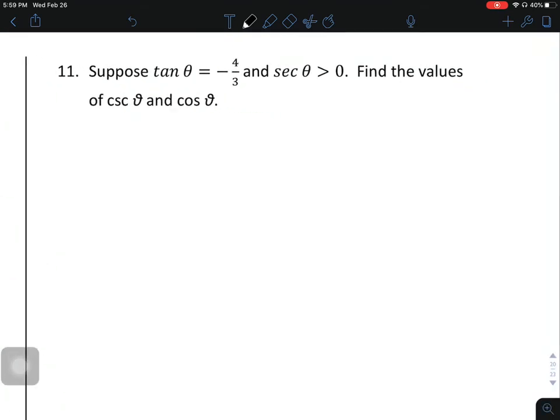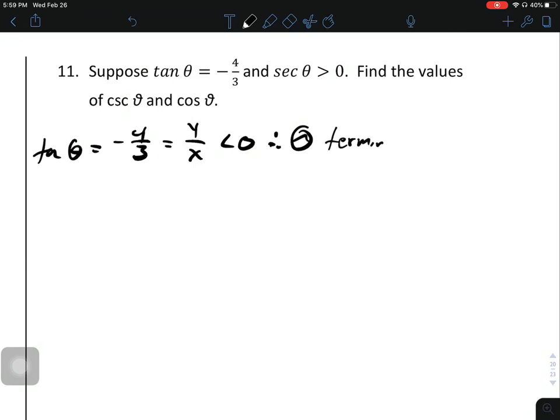Number 11. Suppose tangent of theta is -4/3 and secant of theta is bigger than 1. Find the values of cosecant and cosine. Well, if tangent of theta is equal to -4/3, we don't know if the negative goes with the 4 or the 3. Couldn't go either way. Keep in mind, this is y over x. If that's less than 0, then that tells us that theta terminates